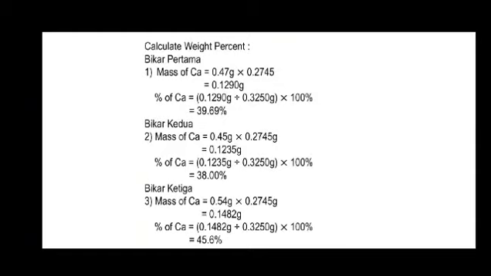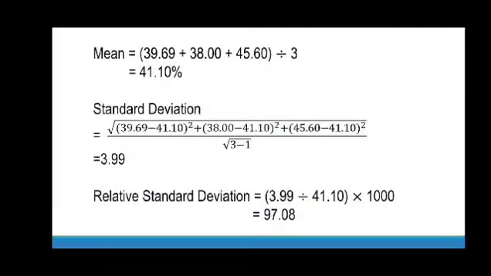Then to calculate the percentage of calcium, we take 0.129 gram divided by 0.325 gram and multiply by 100% and we will get 39.69%, and so on for trial 2 and 3 with the same method as above. To calculate the mean, we take the weight percent values obtained and divide by 3